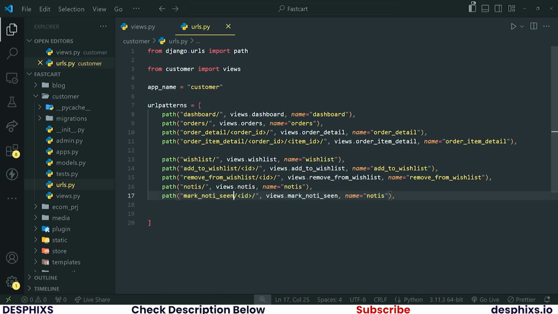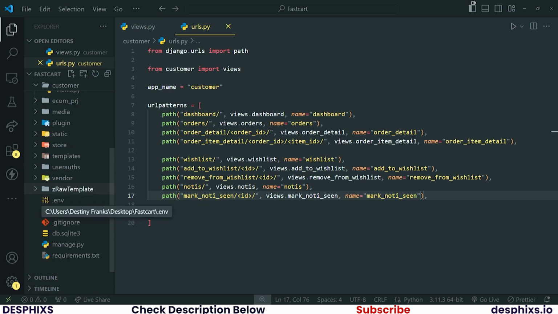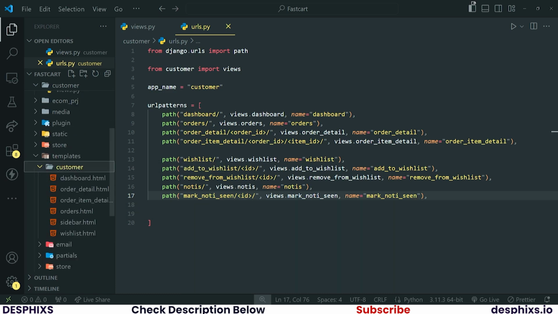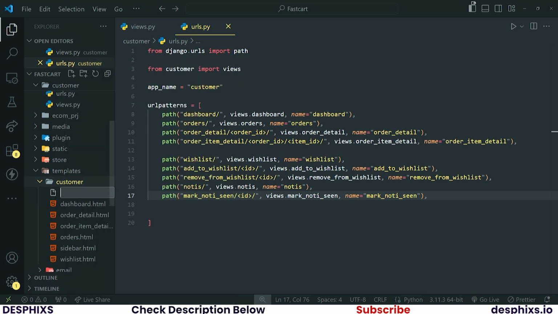So leave the ID, change the view, and also change the name to mark noticing. All right, that is pretty much everything that I want. Now let's go ahead and create the template for this. Remember that it will be in the template customer, and it will be a template that will be called